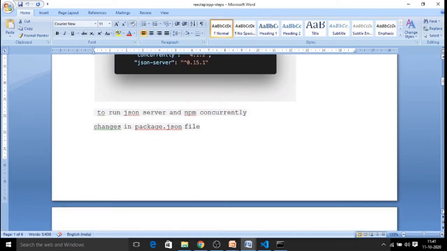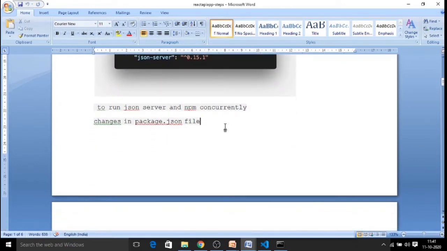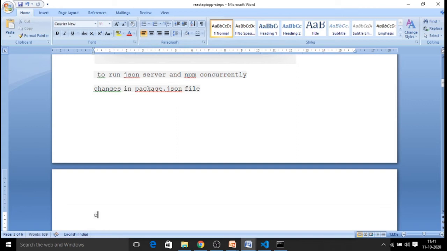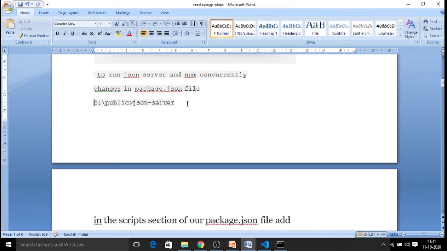In your application, go to the folder where you have that JSON file, and give the command json-server followed by your file name. If it is data.json, you give data.json. If it is users.json, whatever file name you have, you give that in the command.